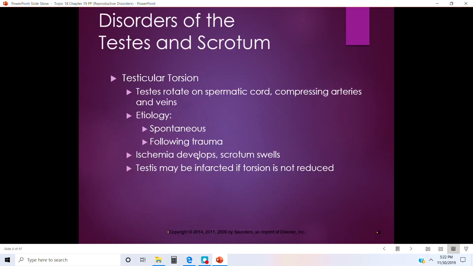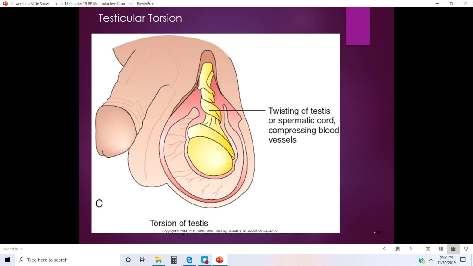The next condition is testicular torsion. So think of torsion as like a twisting. Here, the structures of the spermatic cord become twisted. So it's kind of like just taking this testicle and twisting it and turning it, and this all becomes tighter and tighter. This can become a dangerous situation because it could actually really